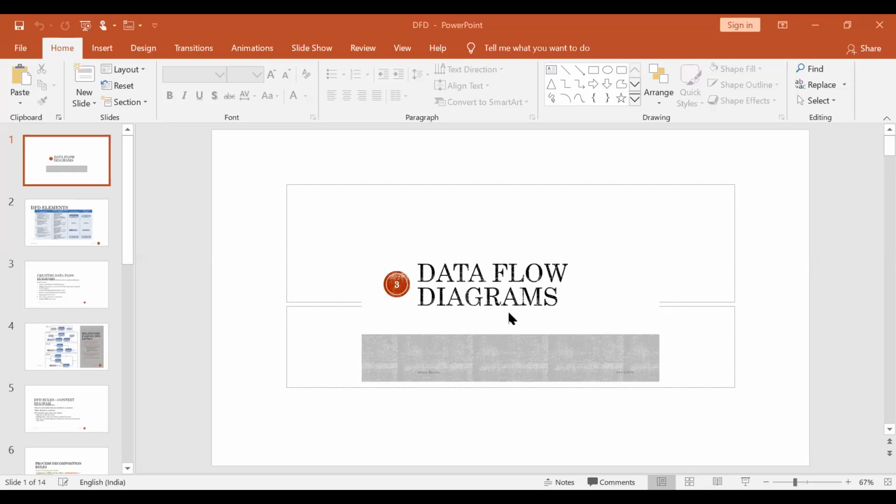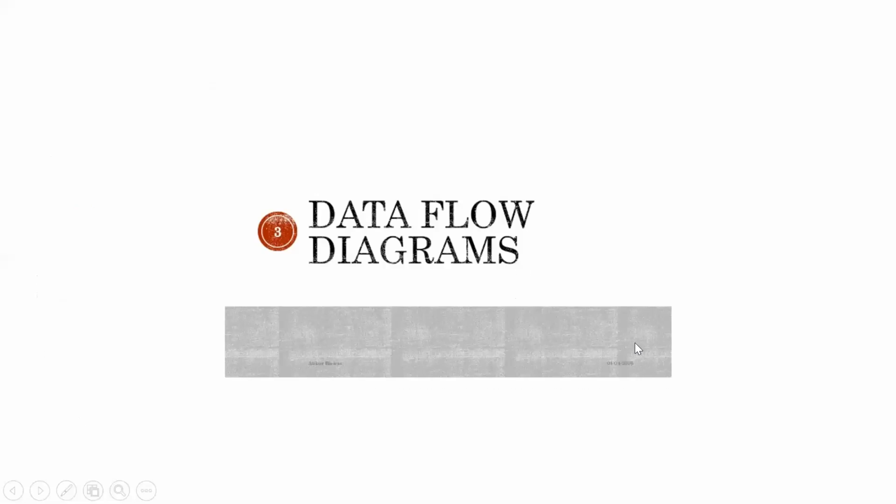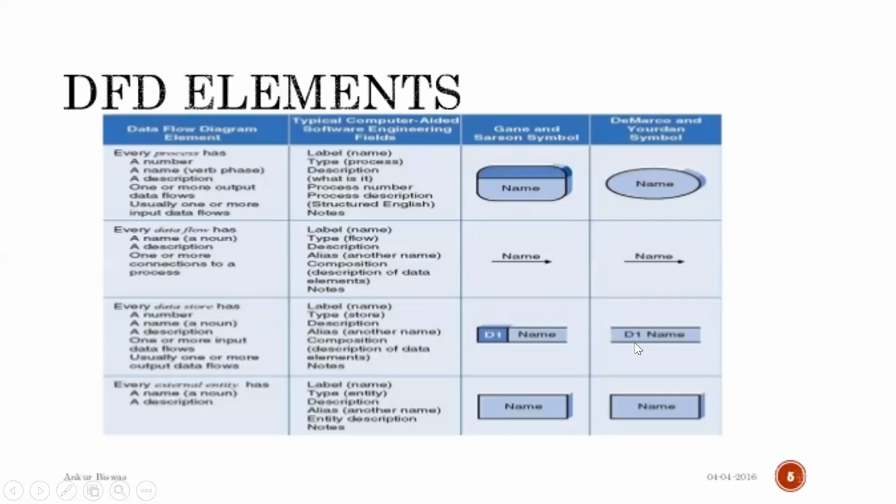Today we are going to see about data flow diagram. One of the diagrams that depicts a system, other than UML diagrams, is the data flow diagram. The basic elements of a data flow diagram are shown. There are two types of symbols that can be used on a data flow diagram. One is a rectangle and one is an oval shape. Both represent a process or a system as a whole.